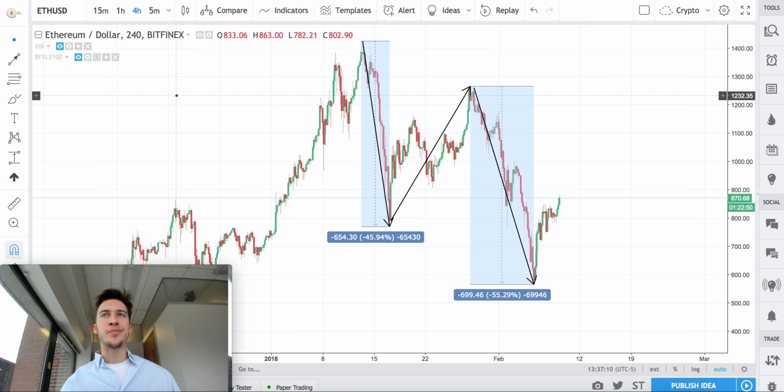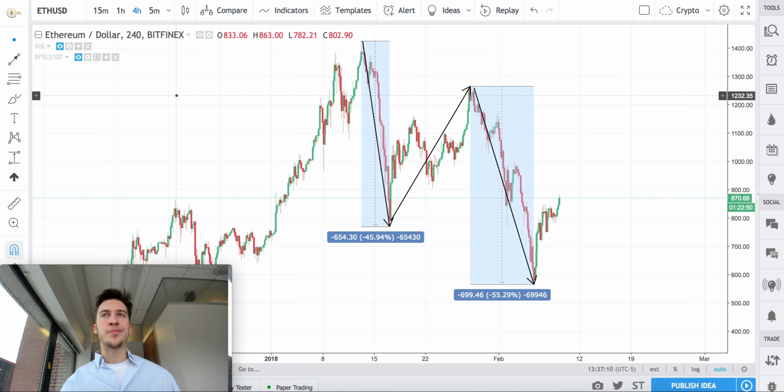So looking at the 4-hour for Ethereum in this current bear market, here's what I see. I don't see a 5-wave pattern like we did for Bitcoin. I see more of an ABC pattern or an ABC zigzag corrective pattern of the overall uptrend. Reason I see that is this looks to be like a wave 1 or a wave A, wave 2 or a wave B, wave C or a wave 3. And I can't really see how this would be a 5-wave pattern because this looks pretty crystal clear to me to be a